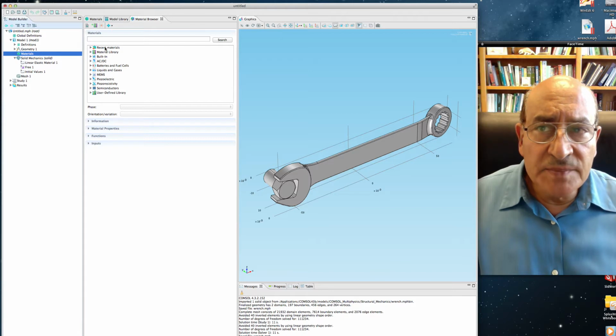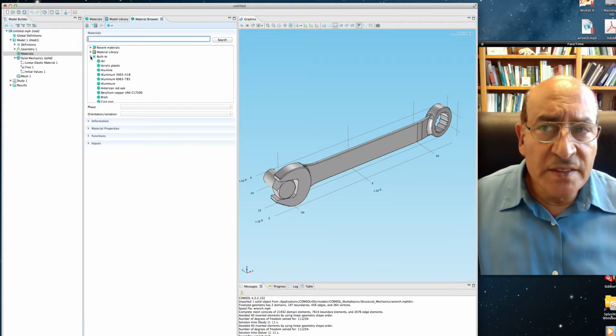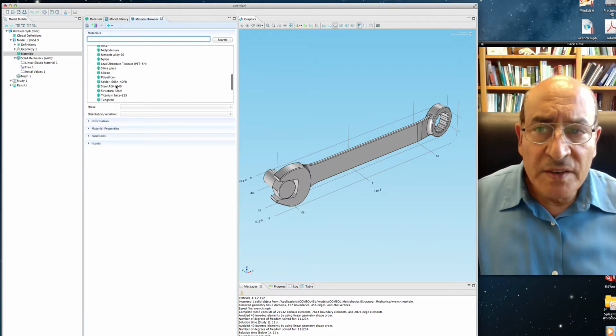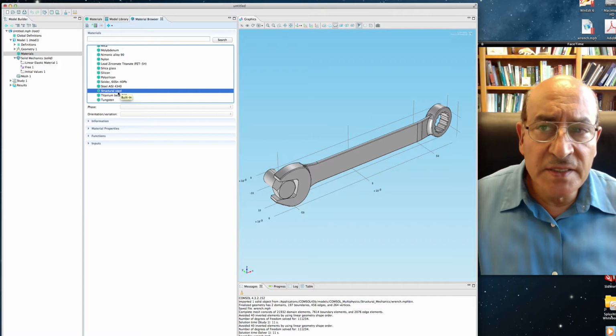And the browser has a number of materials, recent materials, a library built in, and also other materials for different types of physics. So let's go to the built-in. You have an arrow here. If you click it, then it shows you what's built in. So we want to take a steel, a simple structural steel, and right here you see a structural steel,